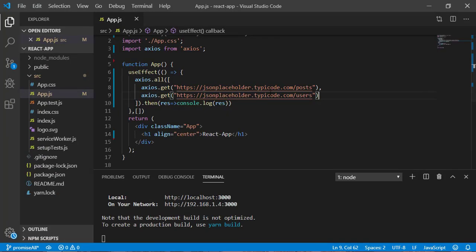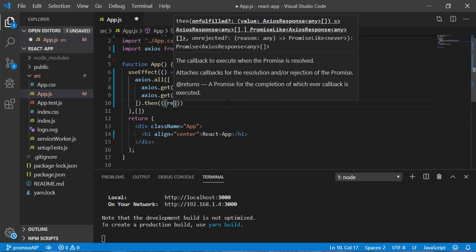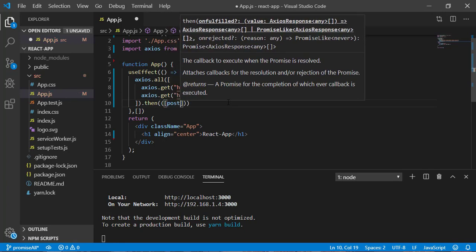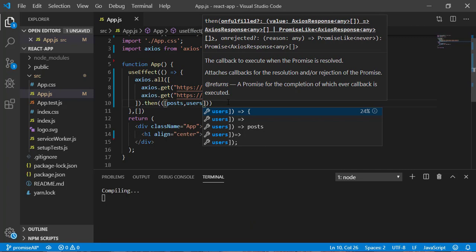So instead of writing it this way, I can destructure it here itself. This is the response, and in the response I can write posts, and the second one is users, right?